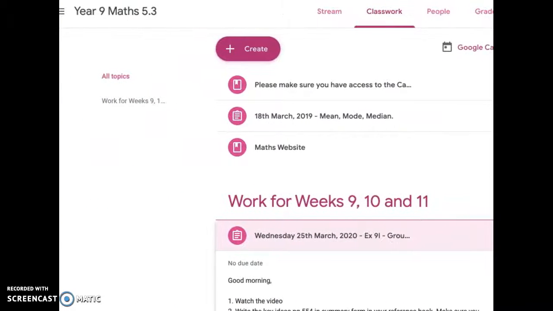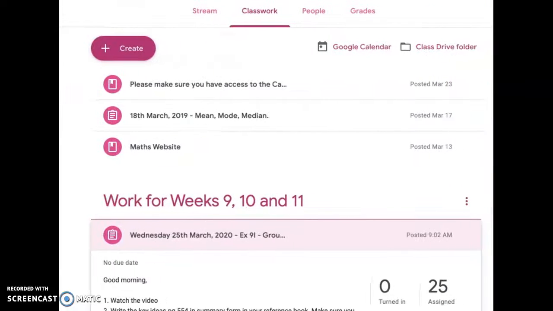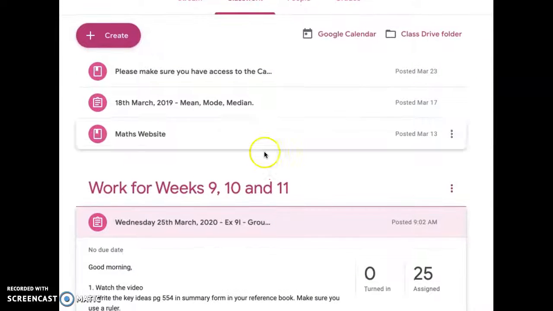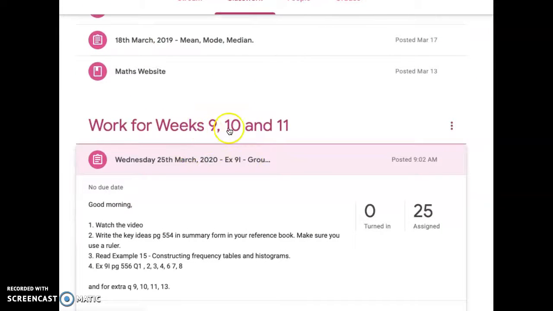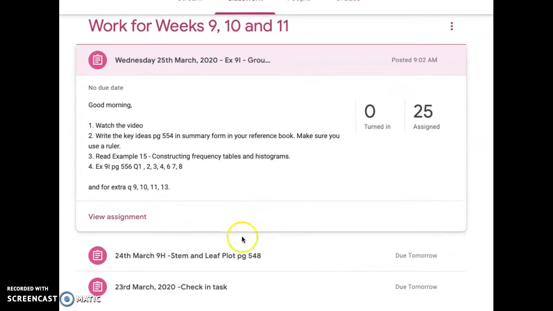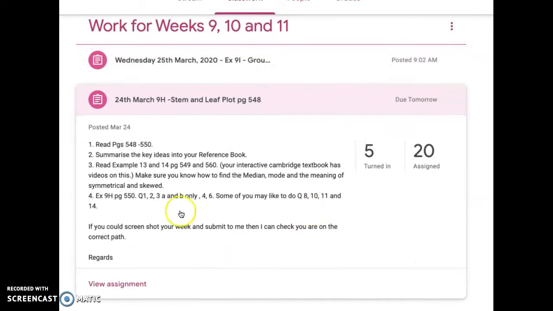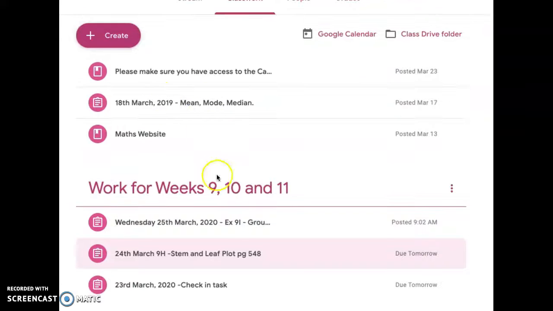Just letting you know, I've gone to your Google Classroom, Year 9 Maths 5.3. I created a file, works for weeks 9, 10, 11. Yesterday's work was here, so the stem and leaf plot. Just if I go to